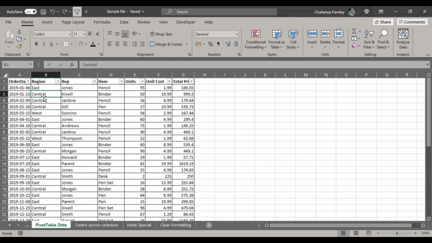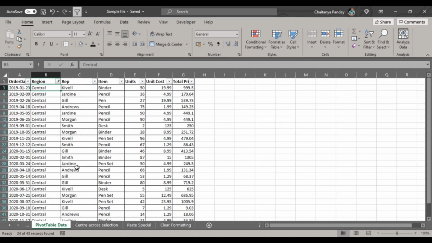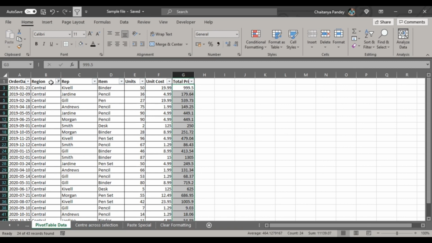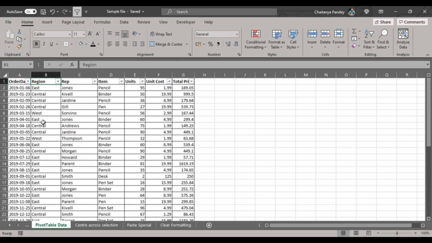The traditional method is that you go and select each region one by one. Like if I go and select Central here, and then select all these cells and note down that the Central region has total sales of 111,039. So this is a very long and cumbersome way to do this, and here we use this Excel pivot table.